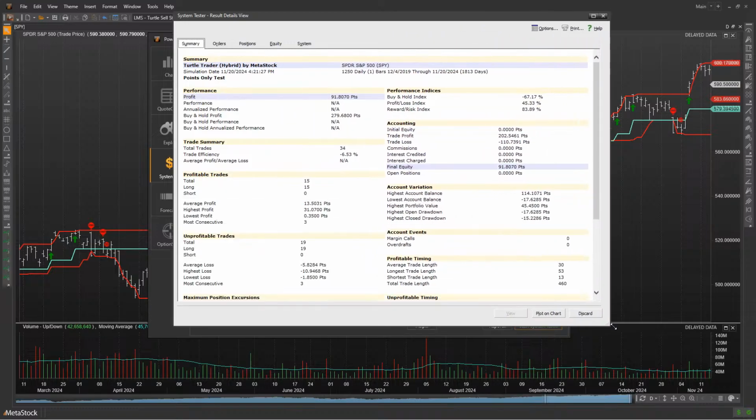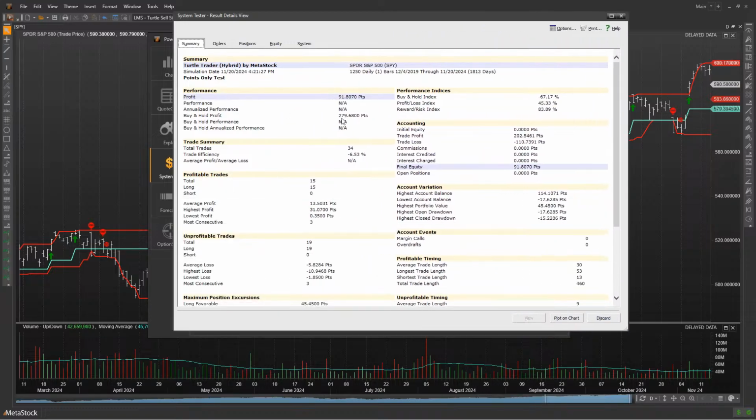All right, so now we've got the report based off of this turtle system. You can see that this generated a little over 91 points, and then the question, of course, is, is that good? Is that bad? Initially, what I generally first look at is the buy and hold. This buy and hold means that if I would have bought the security on the very first bar of the chart that I loaded and just hung on to it, I'd be up 279 points. But if I would have traded the system, I'd be up 91 points. And so then it's like, well, hold it. Wow, I saw some pretty big moves there. How come this thing didn't do better than that?